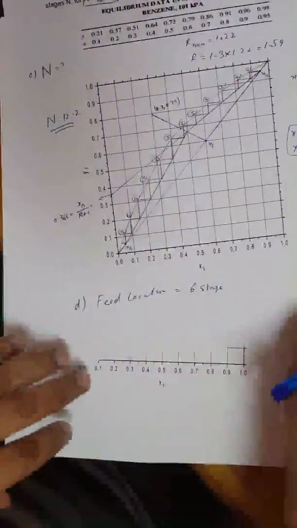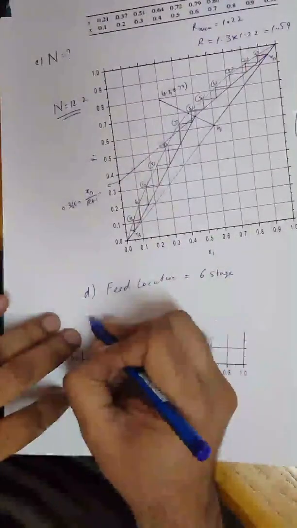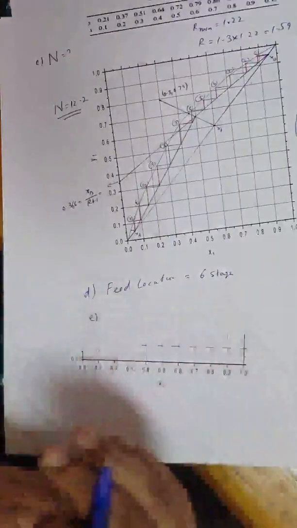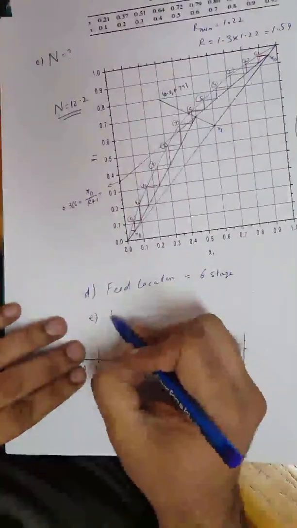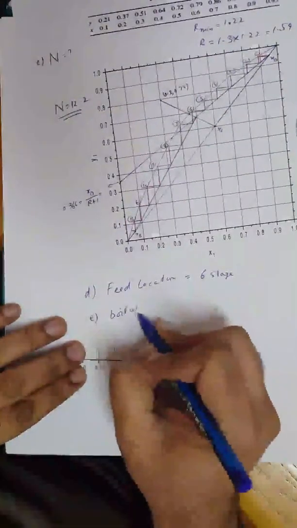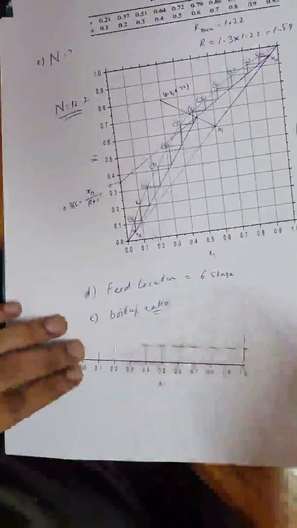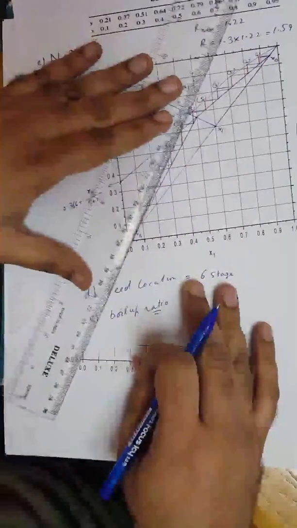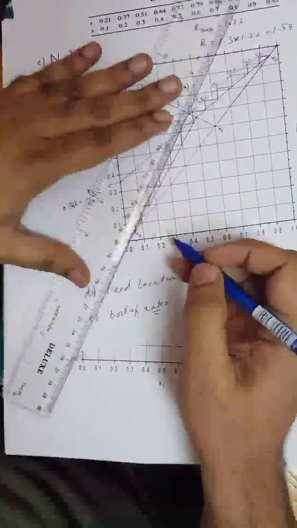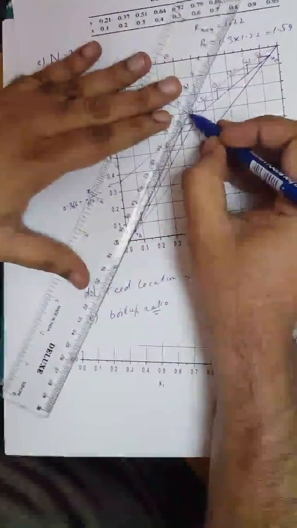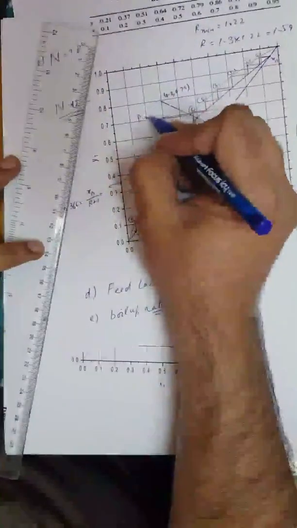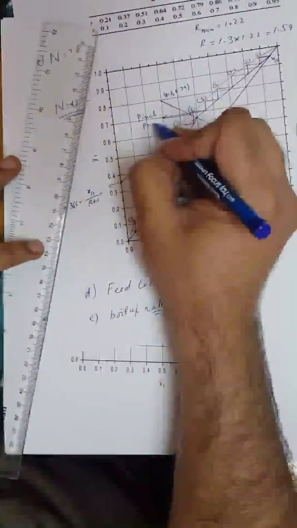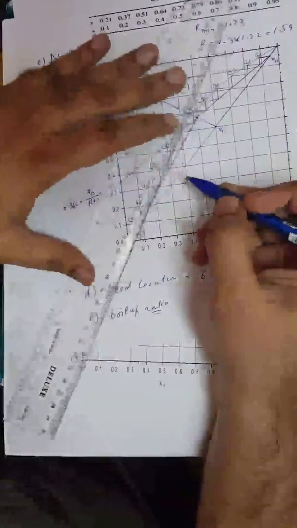So let's see how to find minimum boil-up ratio. We can also find minimum boil-up ratio. So for the boil-up ratio, you need to draw a line from the pinch point. This is the pinch point. From the pinch